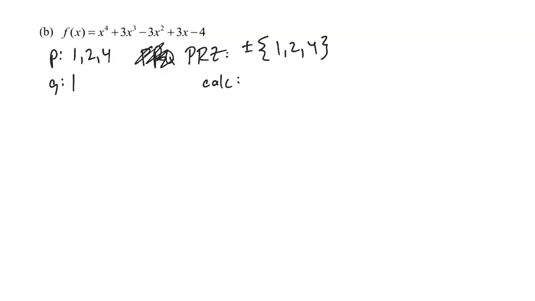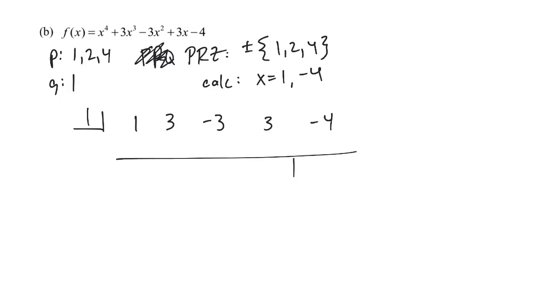numbers are zeros, what you're going to end up with is x is equal to 1, and negative 4, and so I've got 2 zeros to divide by here. And so setting up my synthetic division, I'm going to have 1, 3, negative 3, positive 3, and negative 4. Again, it doesn't really matter which of the zeros you divide by first. So since I'm a positive person, I'm going to divide by positive 1 first, and then drop down the 1,